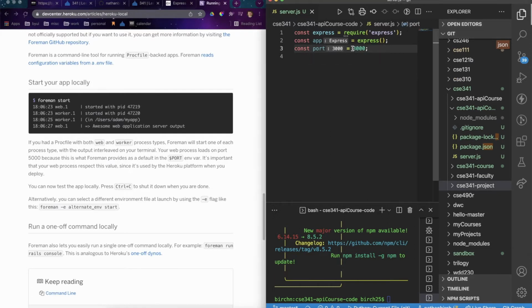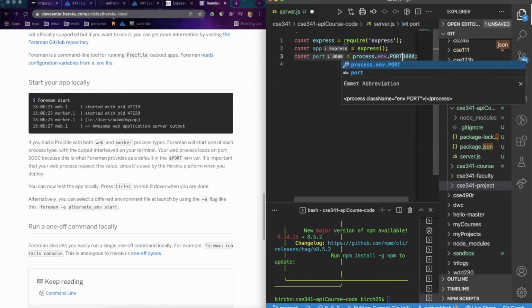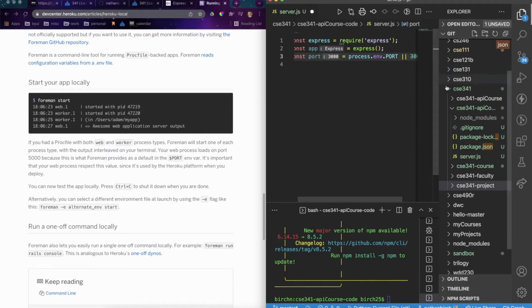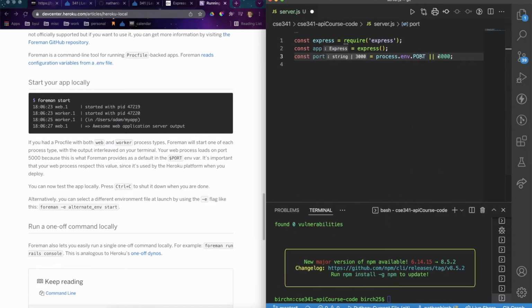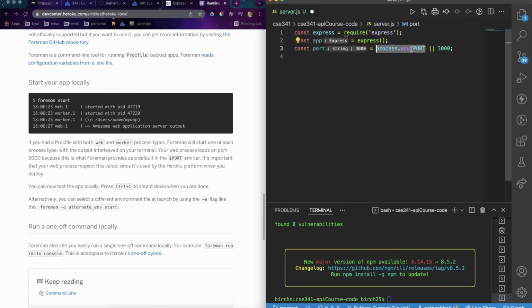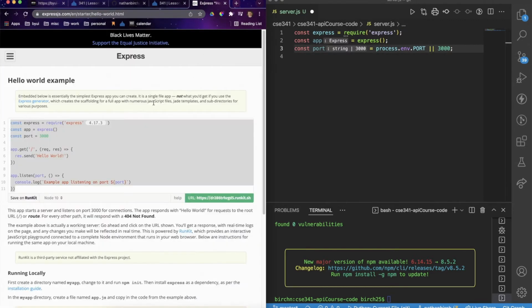But anyways, Heroku has an environment variable called port. And so I can just say process.env.PORT or 3000. So if my application finds this, which it will when I deploy to Heroku, then it'll run it on their port. Otherwise, we'll just run it on port 3000. Okay. All right. Next up,